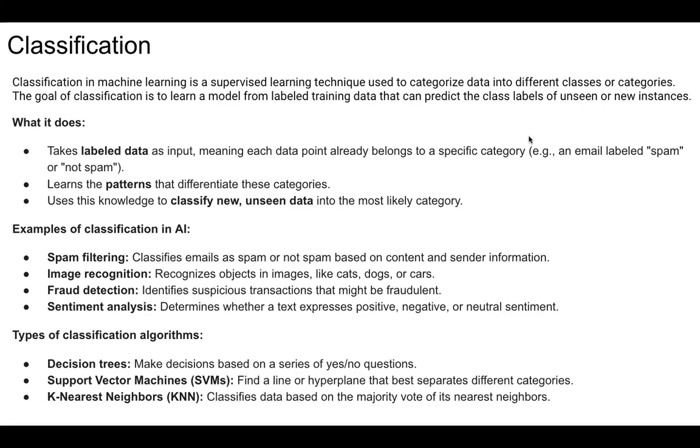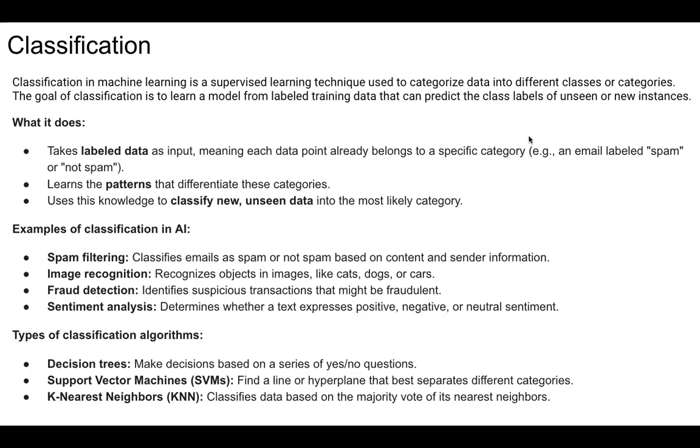So basically, what is classification? It's a supervised learning technique. What it means is that when you give the training data, you tell the model what the training data is, like whether this is how a spam email looks. So you will give an email, you will label it as spam. Then the algorithm will run like that. You will give multiple emails, and each one will be spam. You will also give it emails which are not spam,